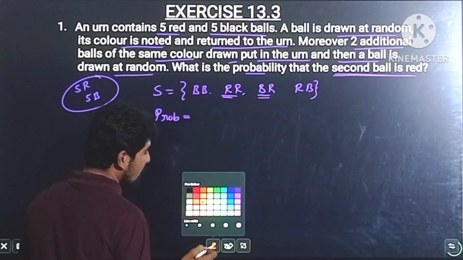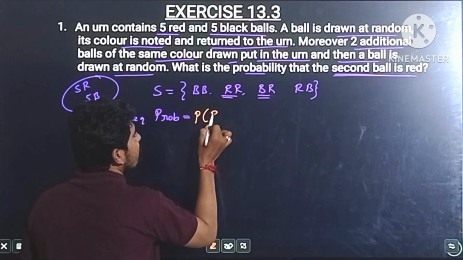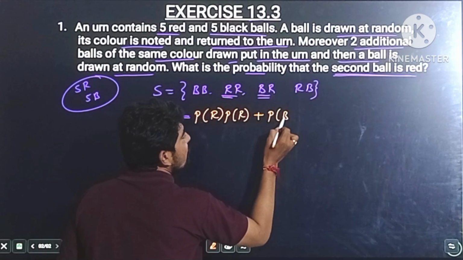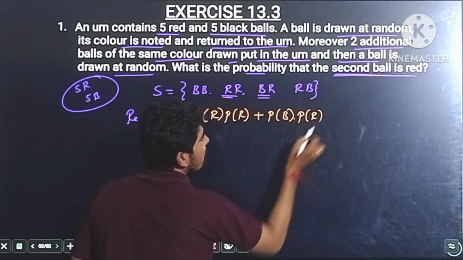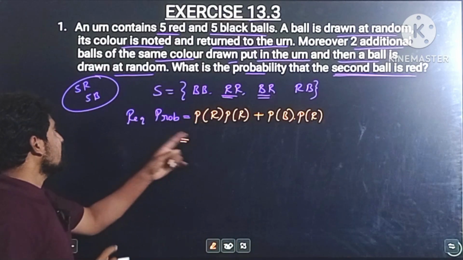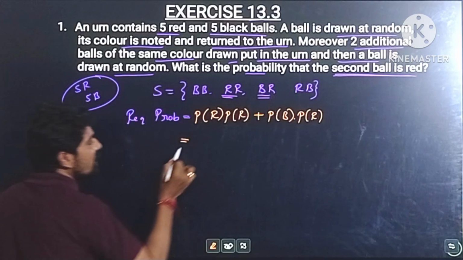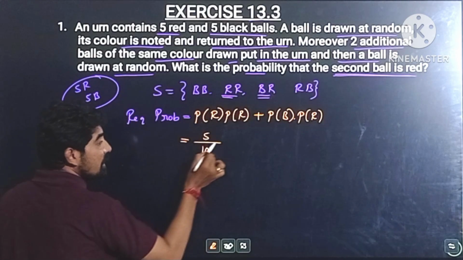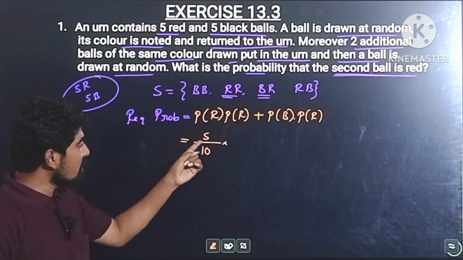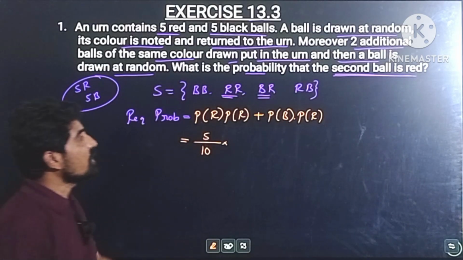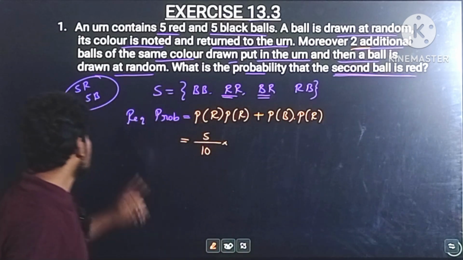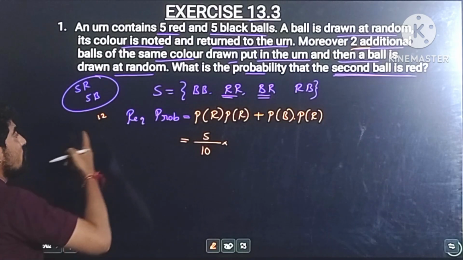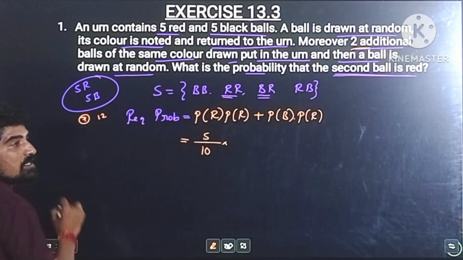Therefore the required probability is equal to probability of red ball and red ball, or probability of black ball and red ball. Now the probability of the first red ball is 5 divided by 10, because the total number of balls in the urn is 10. Out of 10, 5 are red, and since the ball drawn is red, he has to add 2 more red balls into the urn. Now the total number of balls in the urn is 12, and out of 12, 7 are red,